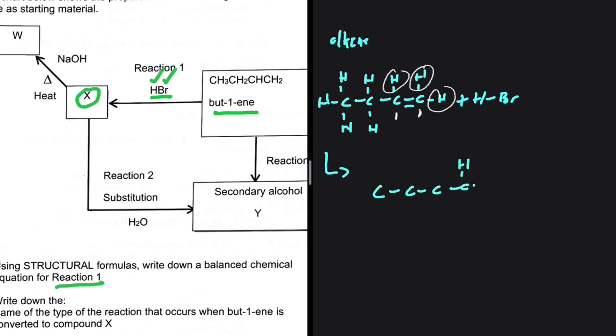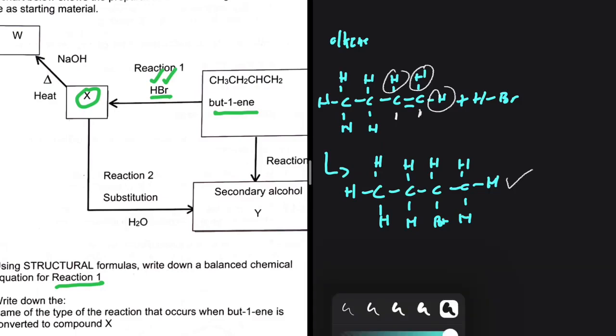We're saying that our hydrogen is going to go to the first carbon as it has the highest number of hydrogens compared to the other carbon that it can possibly occupy. So from this reaction, this is our major product. Our minor product is when the halogen is on the first carbon. That is